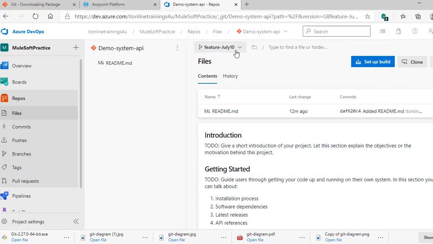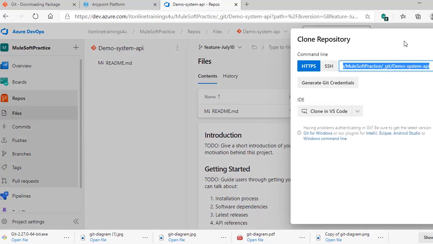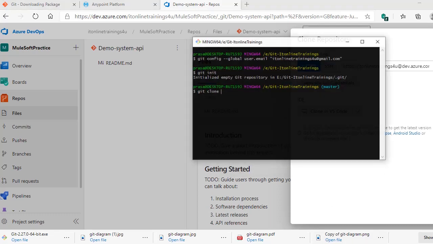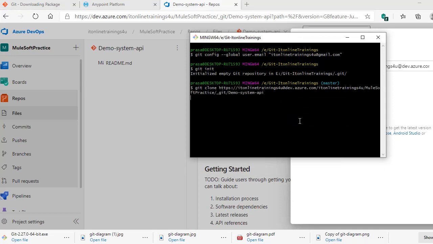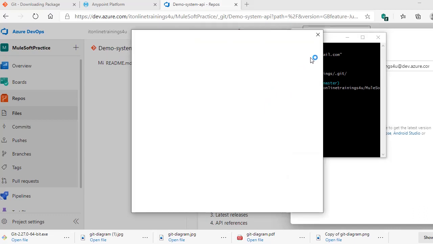To clone this repository into your local system, you just need to click on this clone button, and it will provide your URL. Here you will find a copy button. Click on it to copy, then right click here and paste it. So it is cloning the demo system API. It means this demo system API repository will be available in my local system.